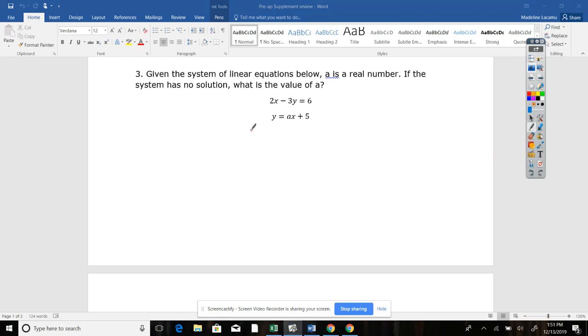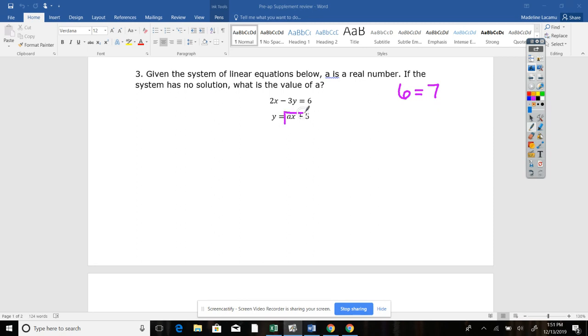Okay, now that that's over. Number 3 says, given the system of linear equations below, a is a real number. If the system has no solution, what is the value of a? So remember, no solution is when our variables canceled out and you were left with 2 numbers that weren't equal to each other. So we're going to try to solve this system using substitution like we learned before,